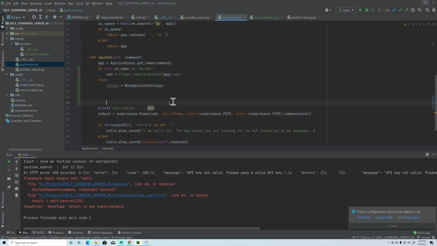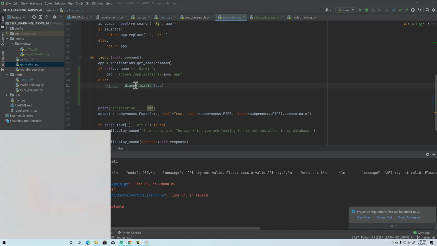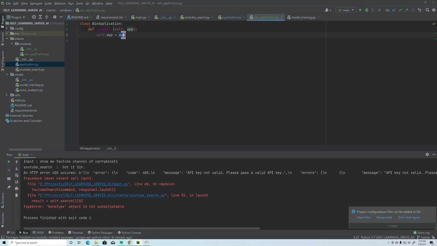Now we need to search this application in our directory. So how can we do that? Here we are going to create def get_path.